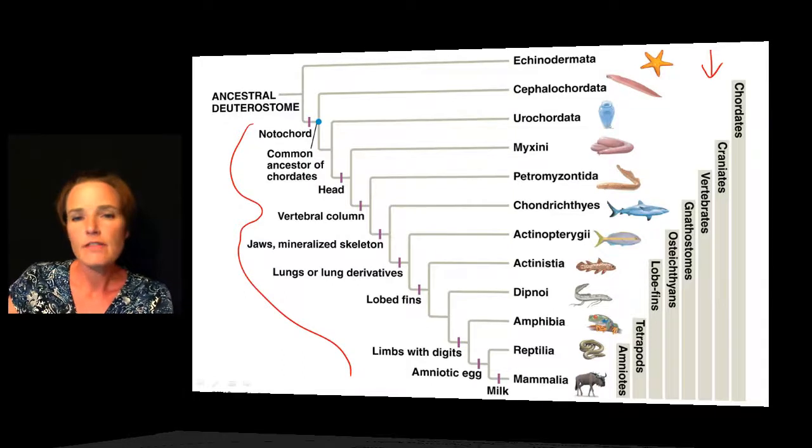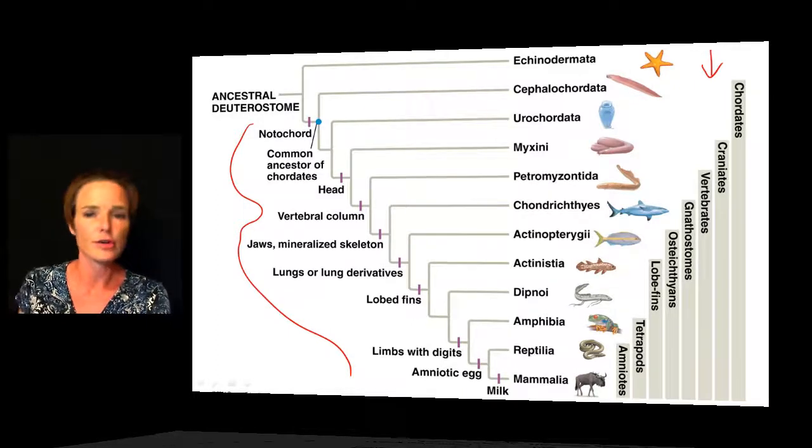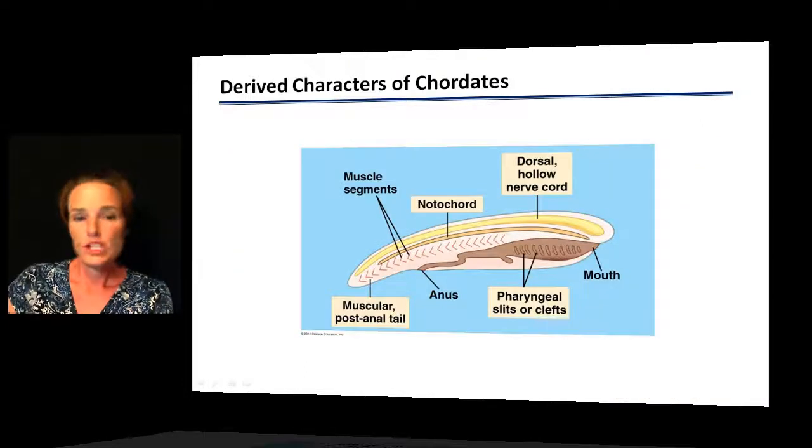So we will have a lot of animals that are called chordates, and then we will have fewer that are called craniates, and then we can basically divide them down a lot farther. So we're going to go through each of these groups and talk about them. We start first with the derived characteristics of the chordates. All of the derived characteristics of the chordates are shown here highlighted in yellow.